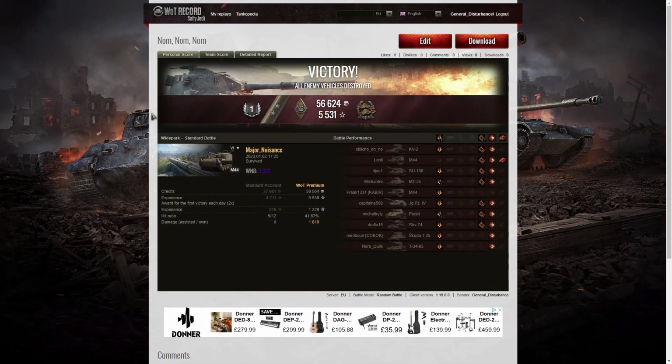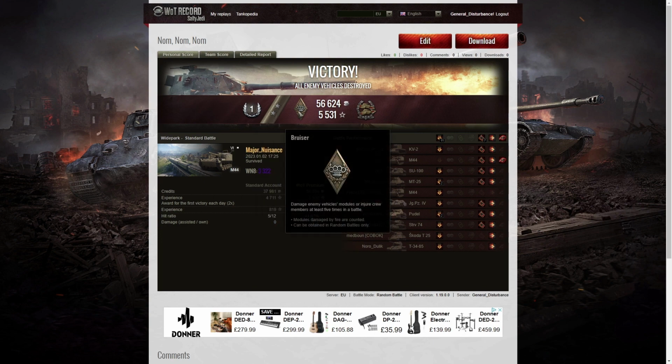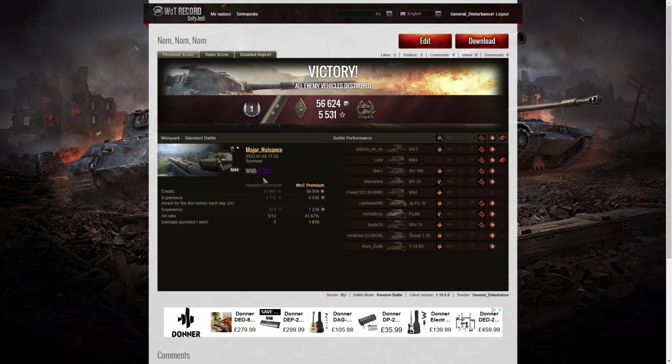Here's the end of battle stats, and that was the first class tanker for Major Nuisance in the M44. I managed to get my second mark of excellence from that game, as well as a Bruiser medal for getting at least 5 critical hits. In fact, I managed to get 7, and I got a Confederate as well for hitting more of the enemy than anyone else on my team. My win rate for the game was